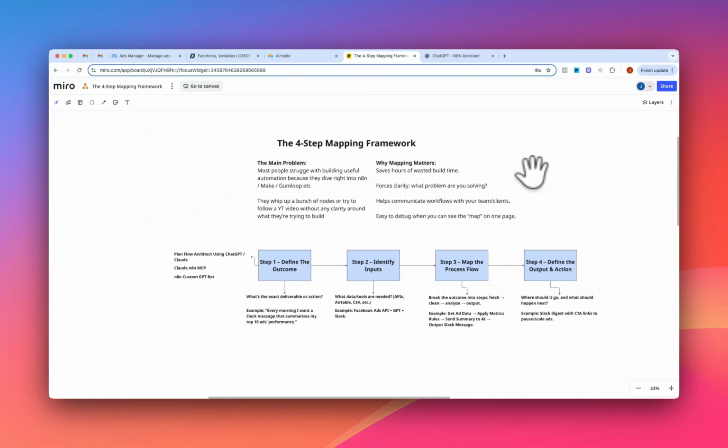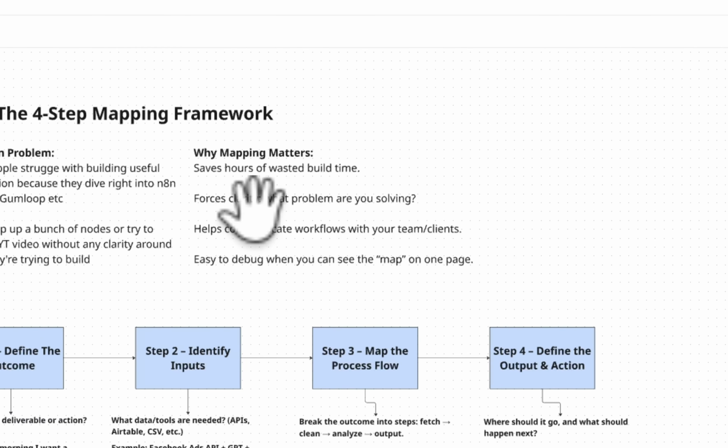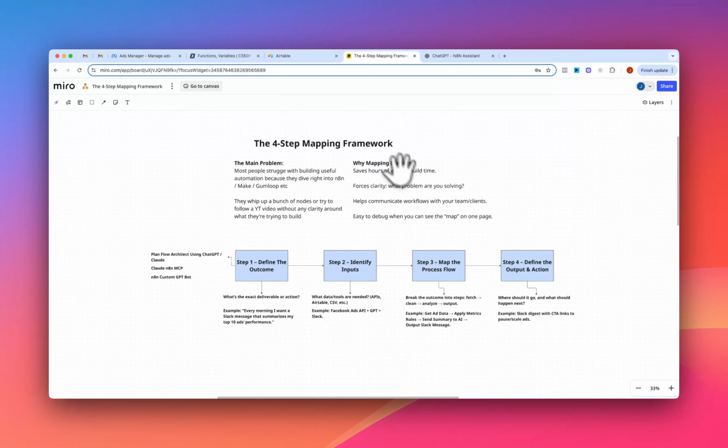You might get some sort of Frankenflow going on, but I found that if you take just a little bit of time before actually diving into these tools by planning and just a little bit more high level defining what you're trying to accomplish, it'll save you a lot of time and headache down the line. So again, just wanted to show you a little bit more in detail about how I think of